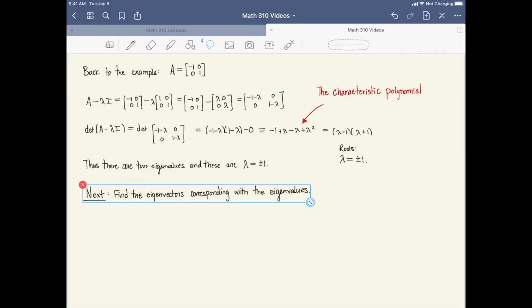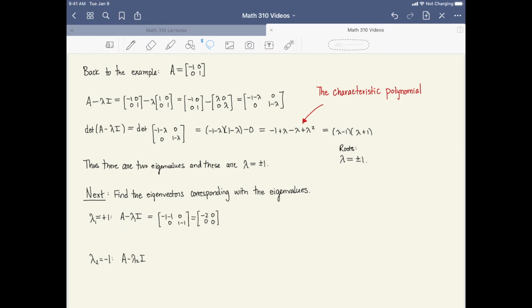Eigenvalues are great, but that's just part of what we're after. Next, let's find the eigenvectors that correspond with those eigenvalues. In this problem, we have two eigenvalues, lambda 1 and lambda 2. These are going to be plus 1 and minus 1. And for each one of them, we're going to look now at the matrix A minus lambda I. In other words, you're just going to be plugging in the lambdas into this matrix A minus lambda I that you produced above. In the first case with plus 1, this is going to end up giving us minus 2,